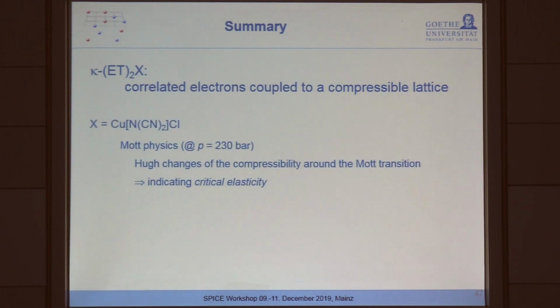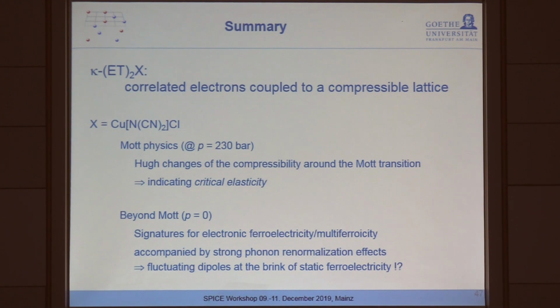I showed you that at a very small pressure of 230 bar, which is what you have on the tip of your ballpoint pen, this system allows you to access the Mott transition. We found huge changes in the compressibility around the Mott transition, indicative of this scenario of critical elasticity, which implies a very strong coupling of electrons to the lattice degrees of freedom, and maybe very interesting functionalities we can derive from that. And then, by releasing this pressure,